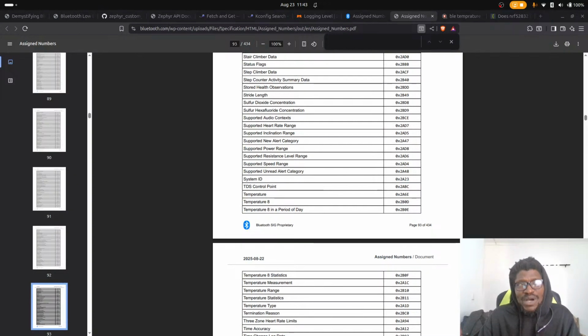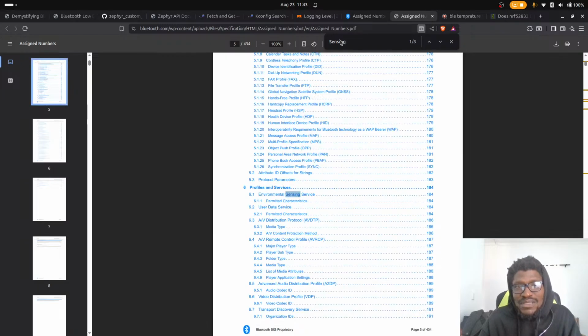I wonder if we have to make a, let's see, what types of sensing do we have? I mean, it's a 400-page document. So environmental sensing service,